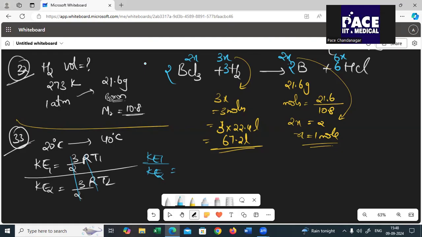And T1 is 20 degrees. Please change that. It is 20 plus 273, which will be my 293 Kelvin. Okay, 293 Kelvin by your 313 Kelvin. So KE1 is equal to 293 by 313 times KE2. That's it. Okay, by a fraction of how much times? That is what we have written there. Next,